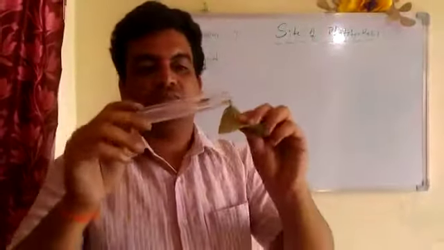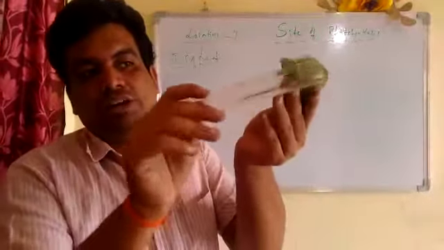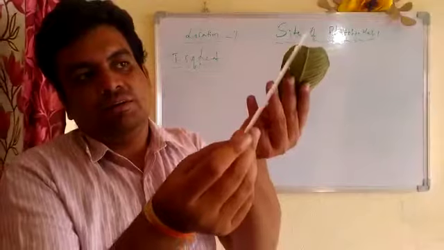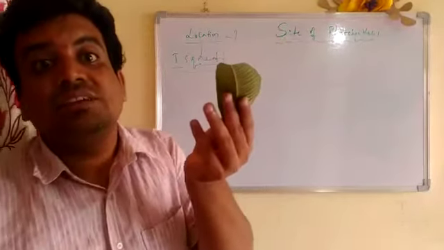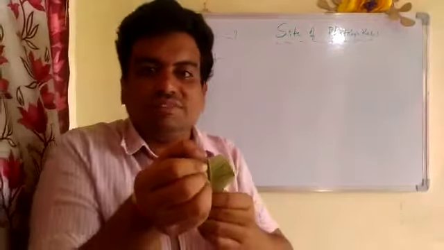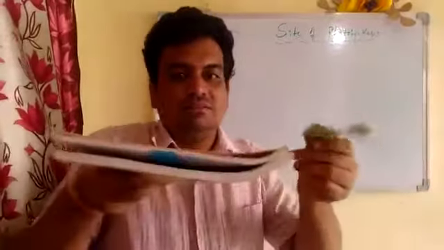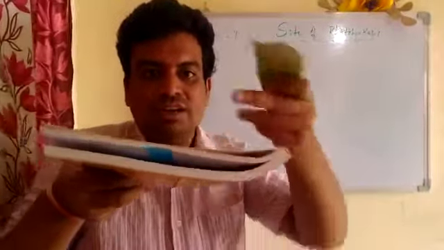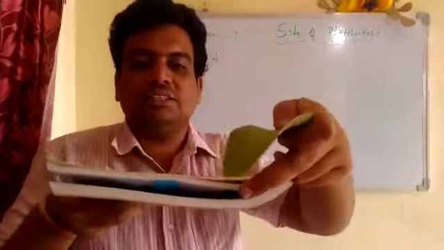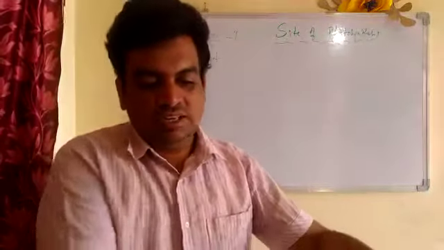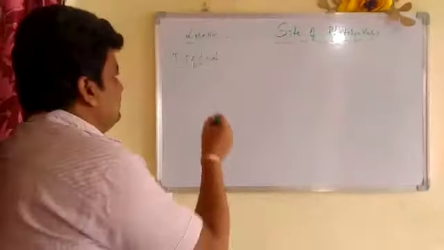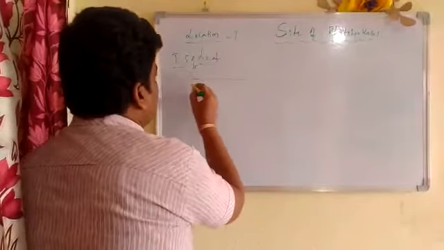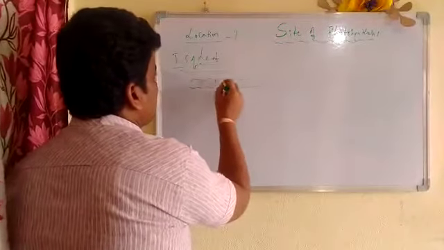It is nothing but called what? Upper epidermis, lower epidermis, midrib, and in the middle we can find mesophyll. It is very thin. We can't see it with our naked eye. You have to compare the leaf with this book by arranging it like this. Then you can understand the mesophyll cells. Okay, children? So the mesophyll cells. See, it is the upper epidermis. It has cells.